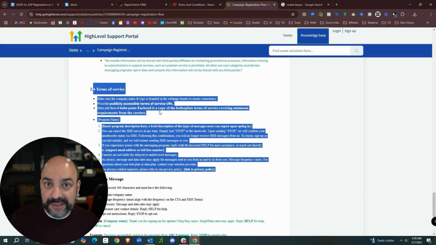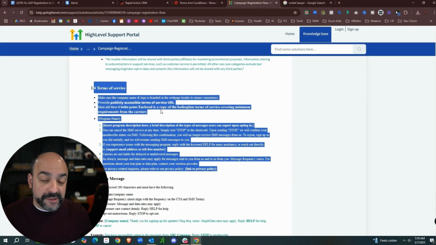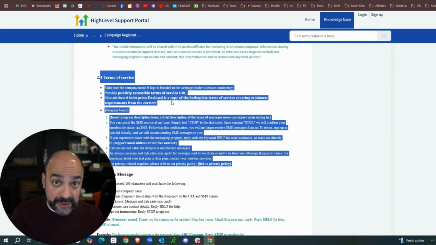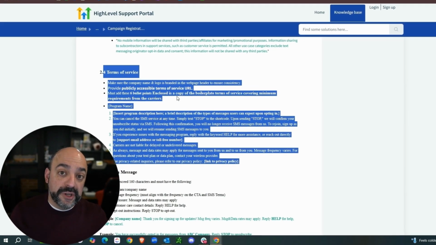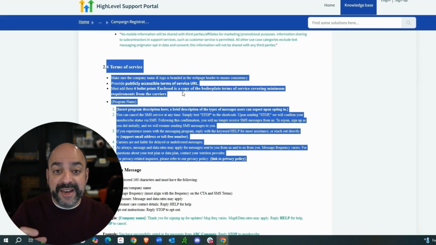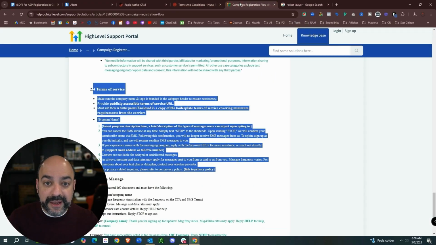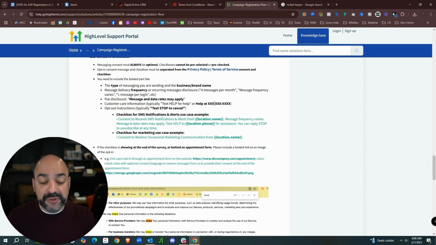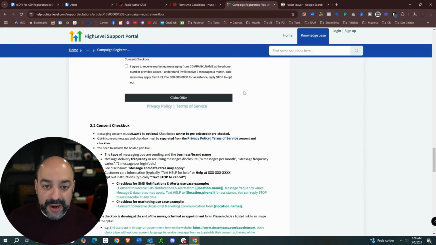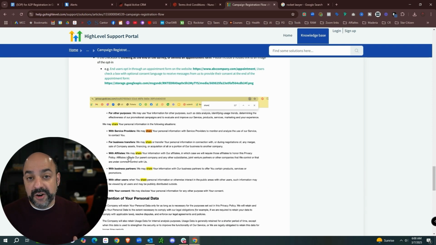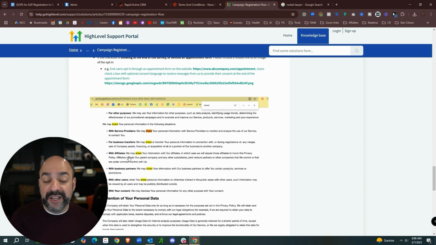Now, I know this sounds a little tedious, guys, but again, I'm not making the rules here, just trying to help you enforce them. So far, your privacy policy needs to make sure that you don't have any sharing language, either with affiliates or with anybody else. When it comes to terms of service, you need to make sure you have an actual section just for SMS. That being said, there are some rules and guidelines, and it tells you literally in this help doc, and I'll make sure to link it towards the bottom. So just be very aware that if your terms of service or your privacy policy are not up to date, those are the first things that are going to get you declined, and it's not going to work. So that's first and foremost.